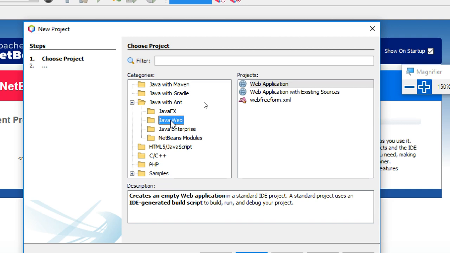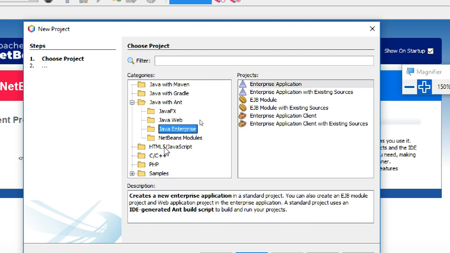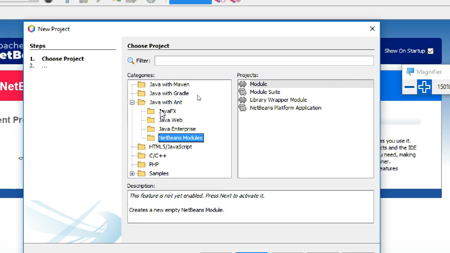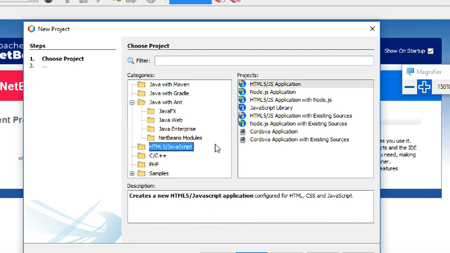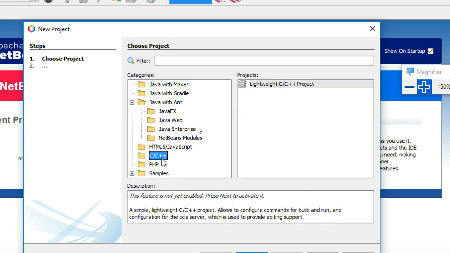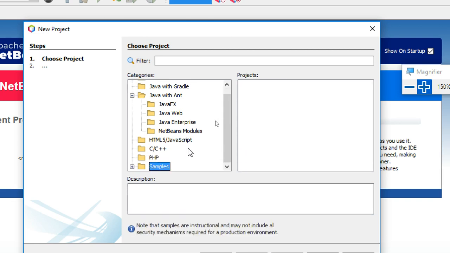If you expand it, there is Java web application, Java enterprise application, NetBeans modules, and JavaFX. This is an HTML application or a JavaScript application. C++ is there by default. This is a PHP application if you want to do PHP.